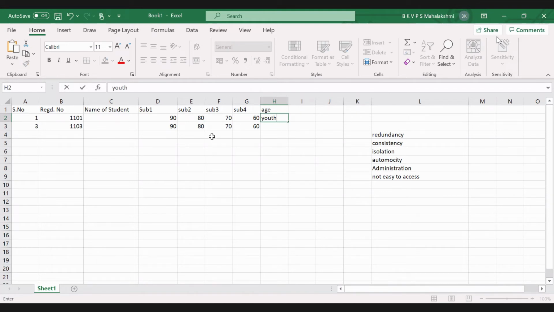If out of 60, imagine that 20 of the students belong to the 20 to 30 age group, then I should get this kind of word. So this word youth must replace the numbers 20 to 30. Can you do that using MS Excel?